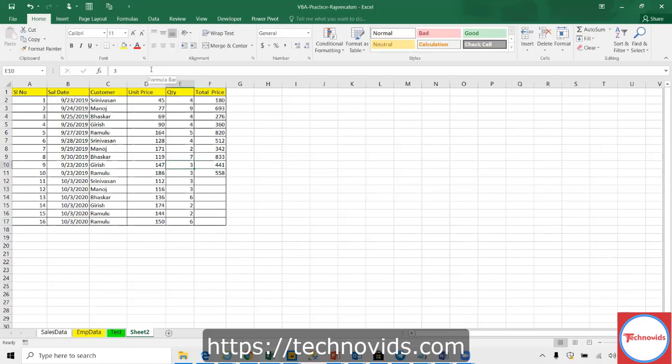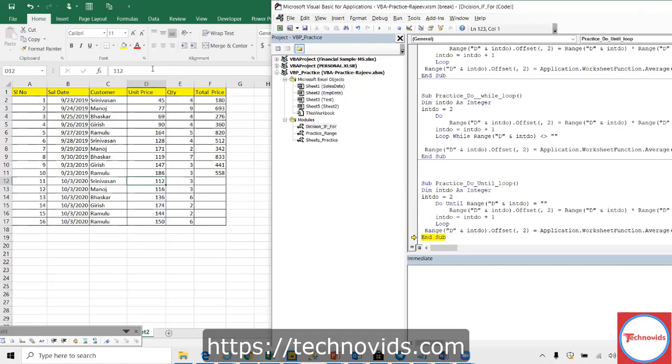Okay, serial number 10 or 10 items. So I don't want to perform the calculation here, right? So that you can do everywhere, irrespective of this loop, so do while or until or whatever, you can do everywhere. So let us remove this part, not required. We are doing that forever, right? So what you can do is you can add an if condition.